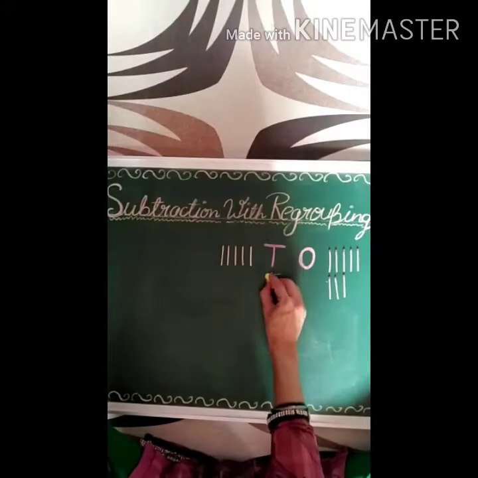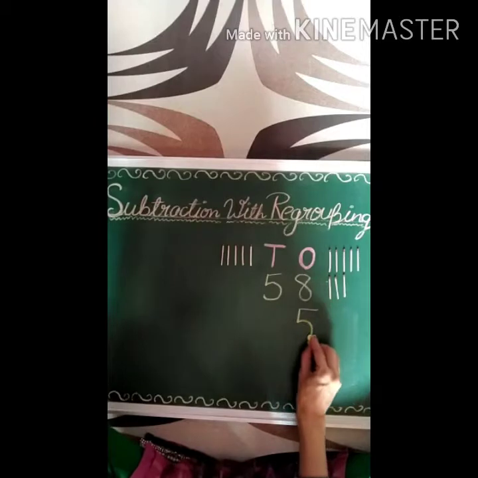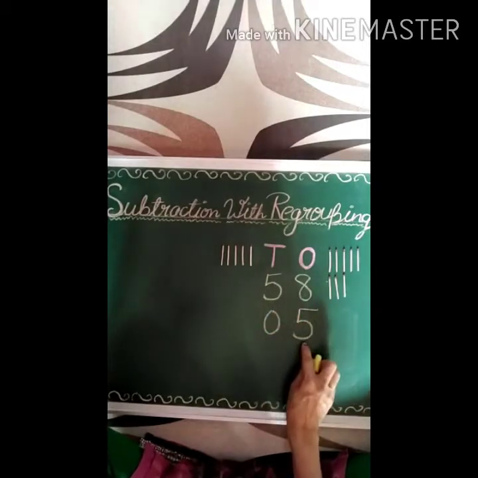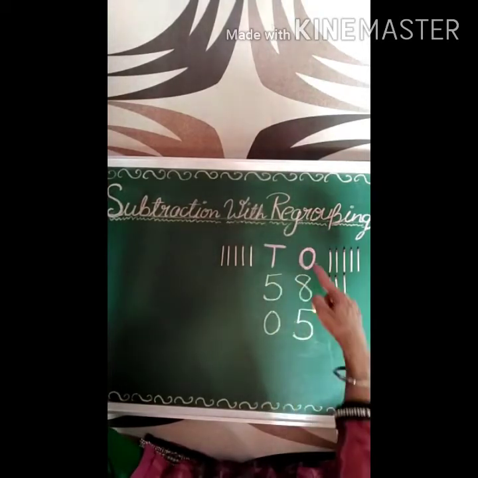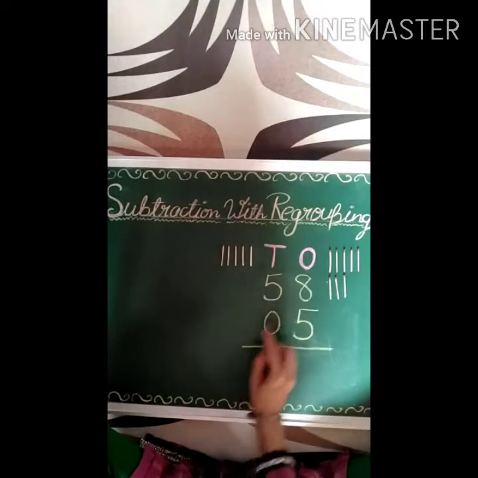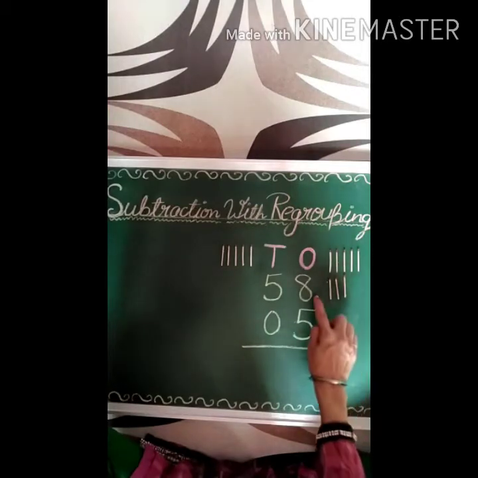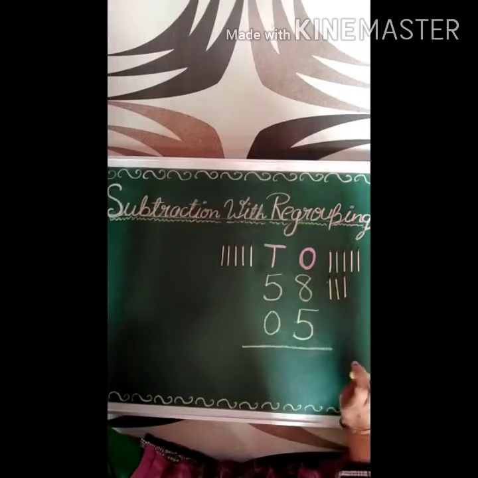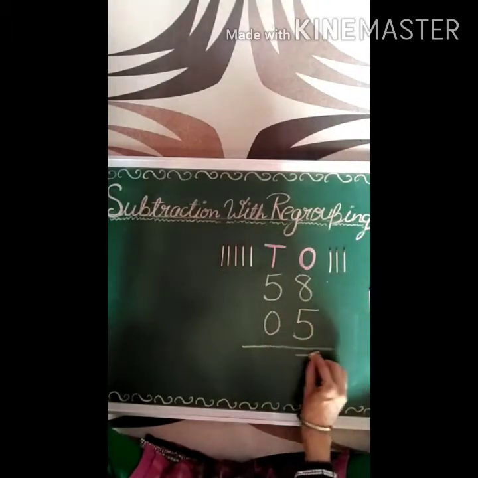8 is on the top and 5 is below it. Now we can write 5 as 05 also. We write the place value table on the number. Start subtraction from the right side. That is, we have more on top. No need to stop, because from 8 sticks we can easily remove 5 sticks and 3 will be left. So we write 3 at the ones place.